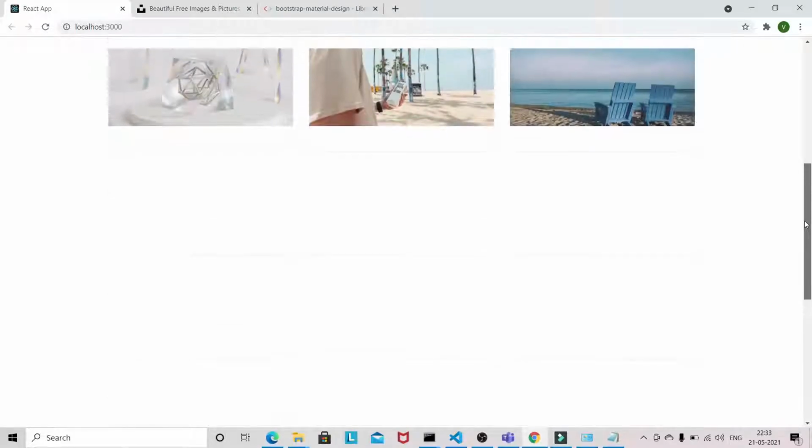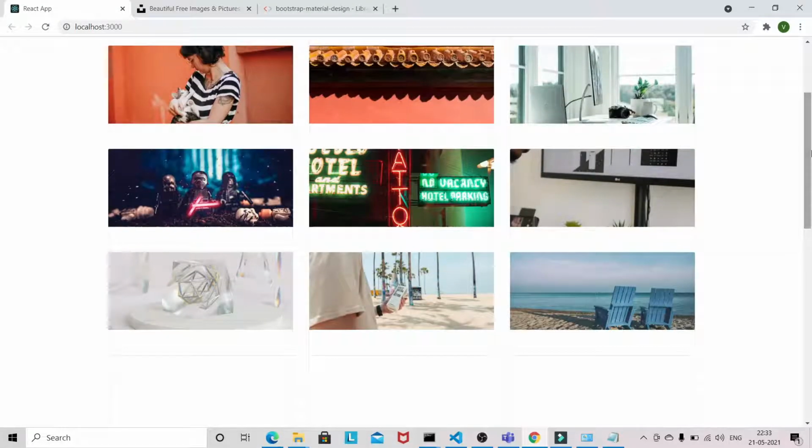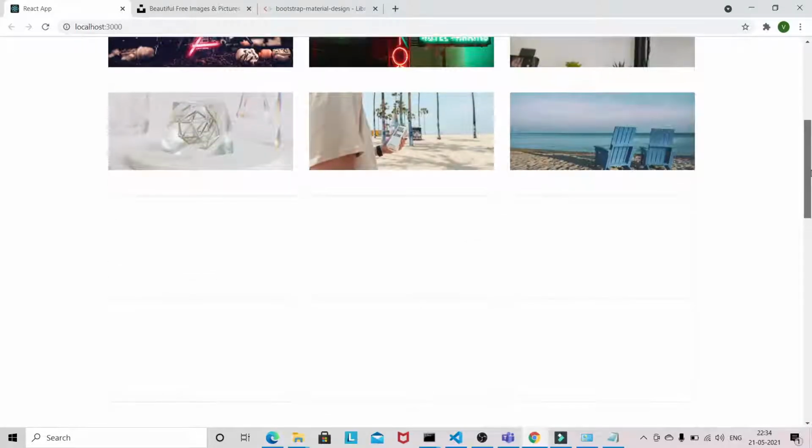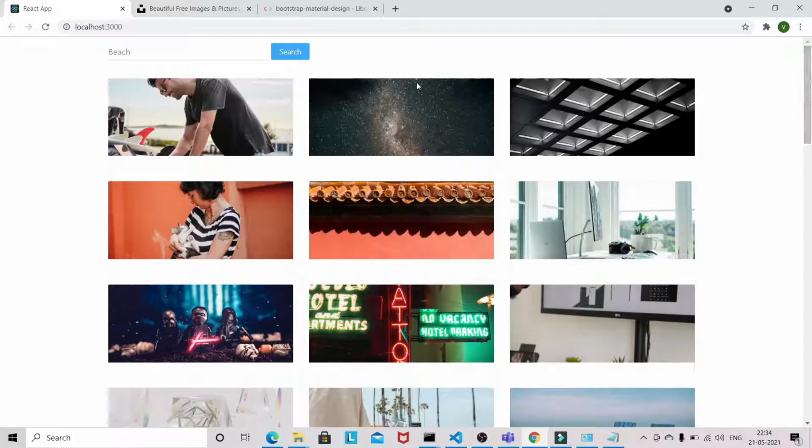Some internet is a little bit slow, that's why we are getting a delay fetching images, but the scrolling is working. So let's start building this infinite scroll in our React.js.